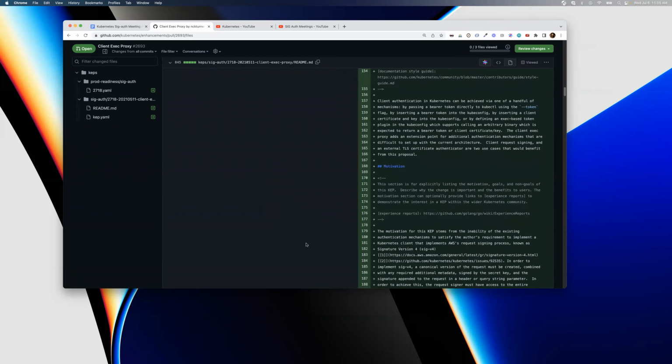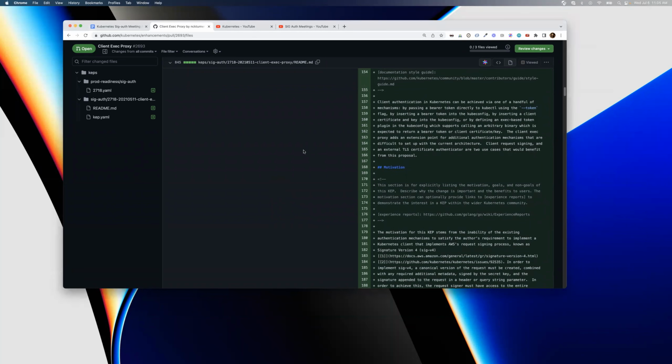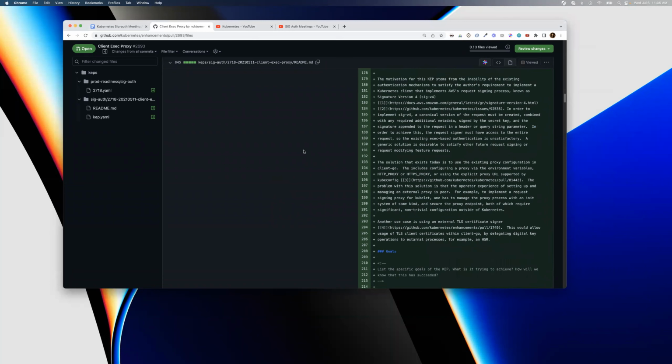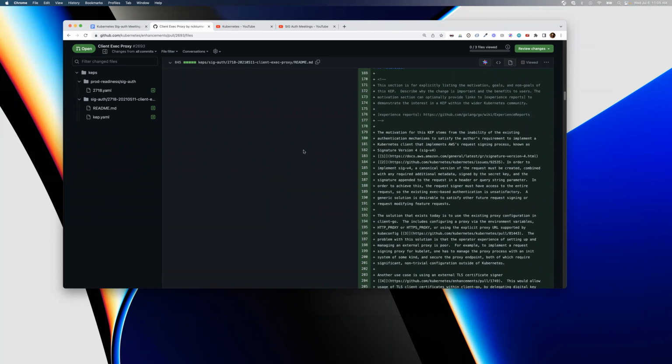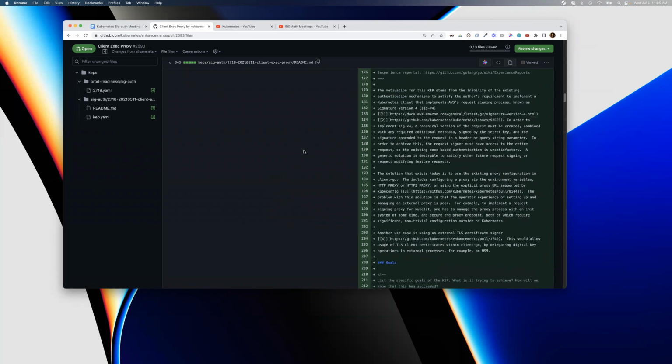Yeah, basically this KEP has been open for a while. I didn't get a chance to work on it over the last release, so I'd like to get the discussion going early for 1.26. But basically it is a proposal to solve a number of use cases. One of the use cases that I'm interested in is request signing, allowing clients to use request signing, something that AWS would like.